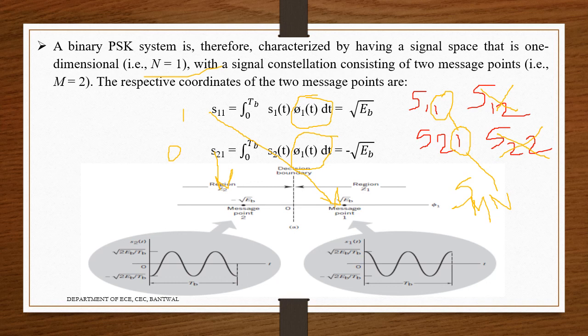It is starting from here, 1 high. And how is it represented for the 0? Because it is a minus, the amplitude will be reversed, that is a phase shift of 180 degrees. So a phase shift of 180 degrees means from here to here 90, 90 plus 90, 180 degrees.